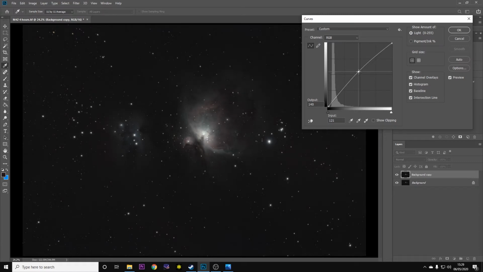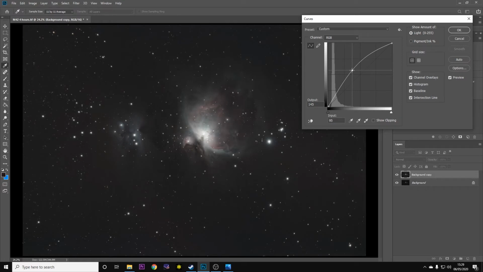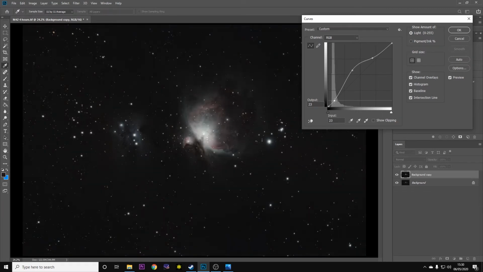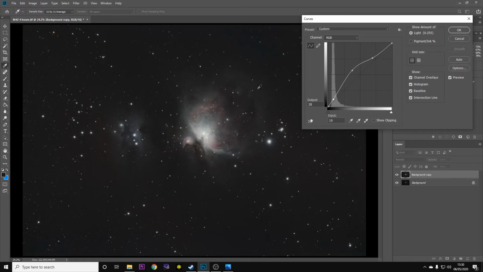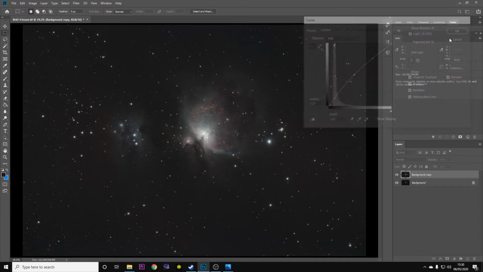So if you say wanted to increase the midpoint there but decrease it more near the white points there and keep the black points dark as well, you see how that's affecting the image. So yeah, there's quite a few things that we can do with curves, but what I like to do is